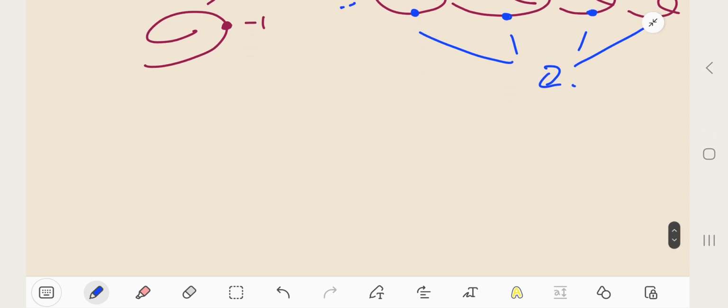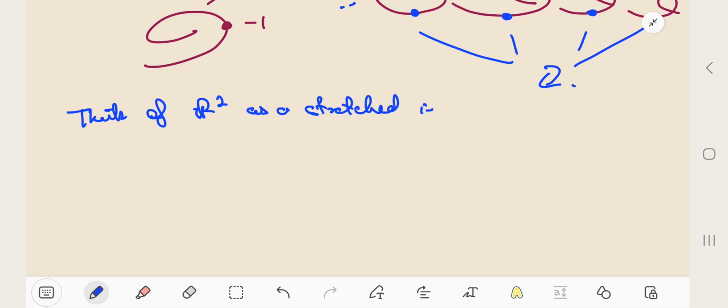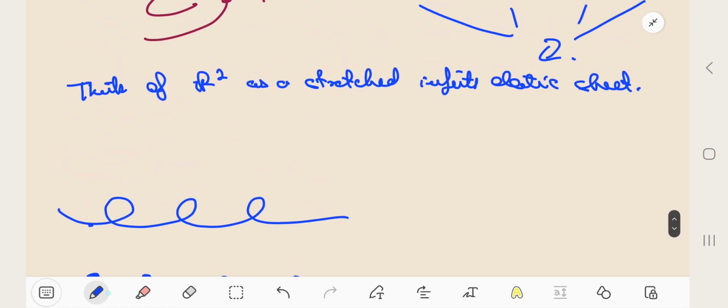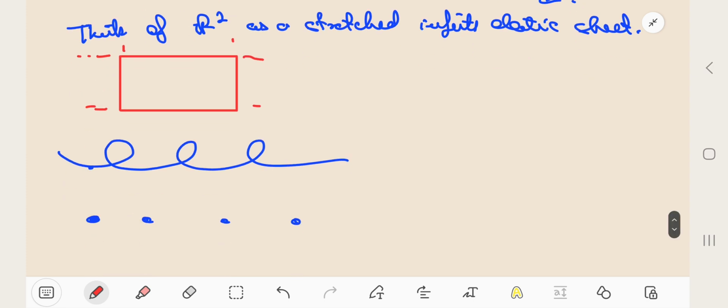As I said, think of R2 as a stretched infinite elastic sheet. Consider the helix we considered, and these are the integer points. What we do is, if this is my R2, a stretched infinitely long sheet, I keep curling the sheet,